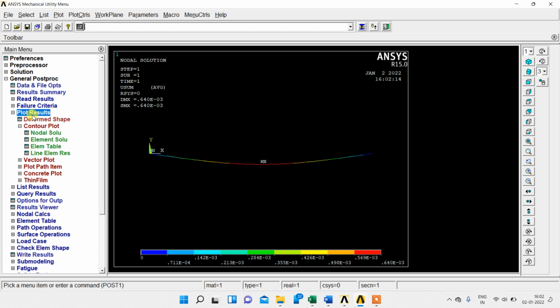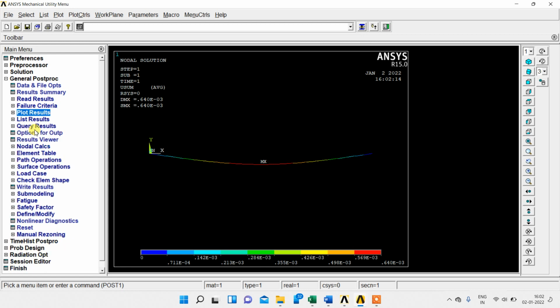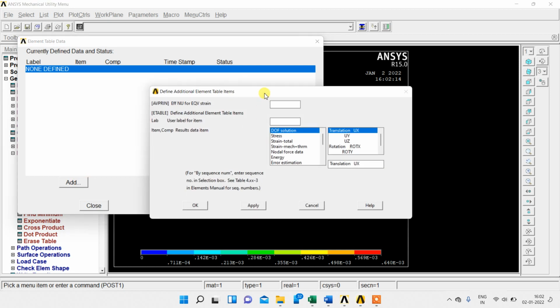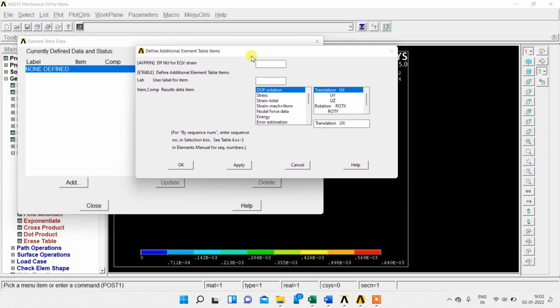Now go to element table, define table, add. Here you can sequentially add the commands for the shear force and bending moment diagram. For that, select by sequence number in the left dialog box. The right one is SMISC. Pick default and enter the value 3, then apply.